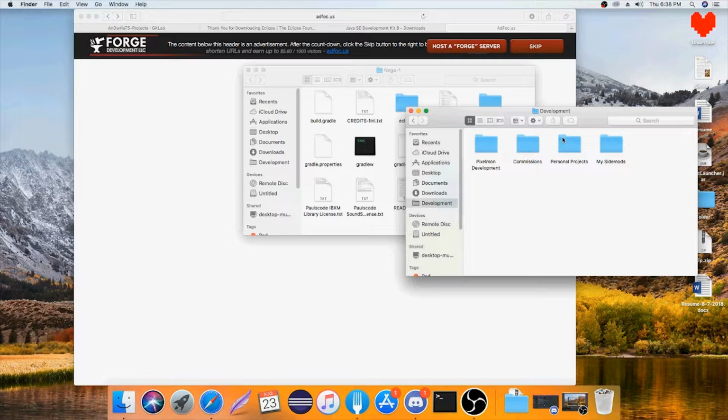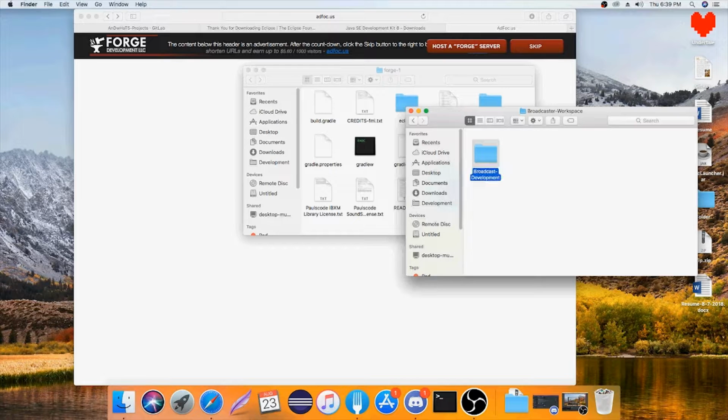So we're going to put this into personal projects. And we're going to clean that up. So we are going to call this workspace, let's say, Broadcaster Workspace. For this, I recommend not using spaces. You can if you really want to, but you know. So we're going to do Broadcaster Workspace, and then I like having an extra folder in here,